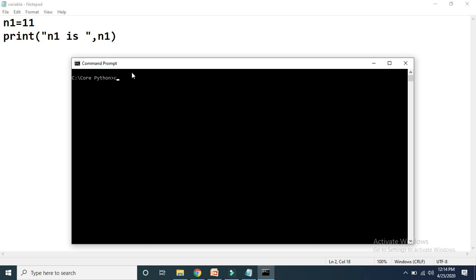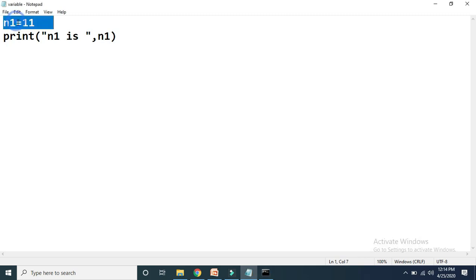It has to display the result: n1 is 11. See here, we have got the value n1 is 11. So here we have used an assignment operator. What will the assignment operator do? It will just store this value 11 in n1. I hope you are getting this point.